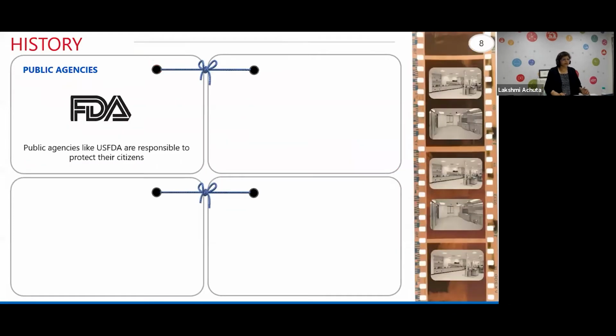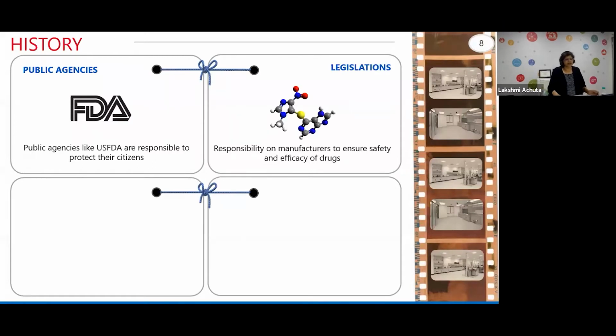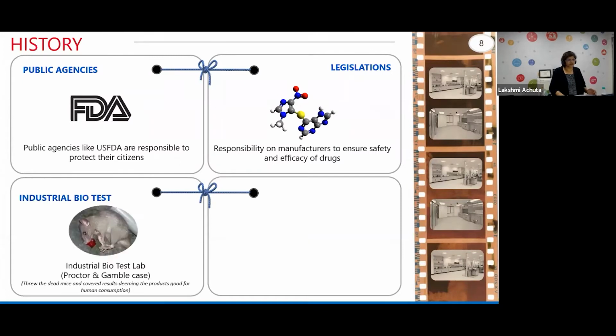Historically, the public agencies and the regulatory agencies like the US FDA are responsible to protect their citizens, and the legislations are in place to ensure that the responsibility rests on the manufacturers to ensure that the safety and efficacy of the drugs is assured by the manufacturers. So in the 70s, the US FDA identified a lot of inconsistencies in the data generated by the various agencies